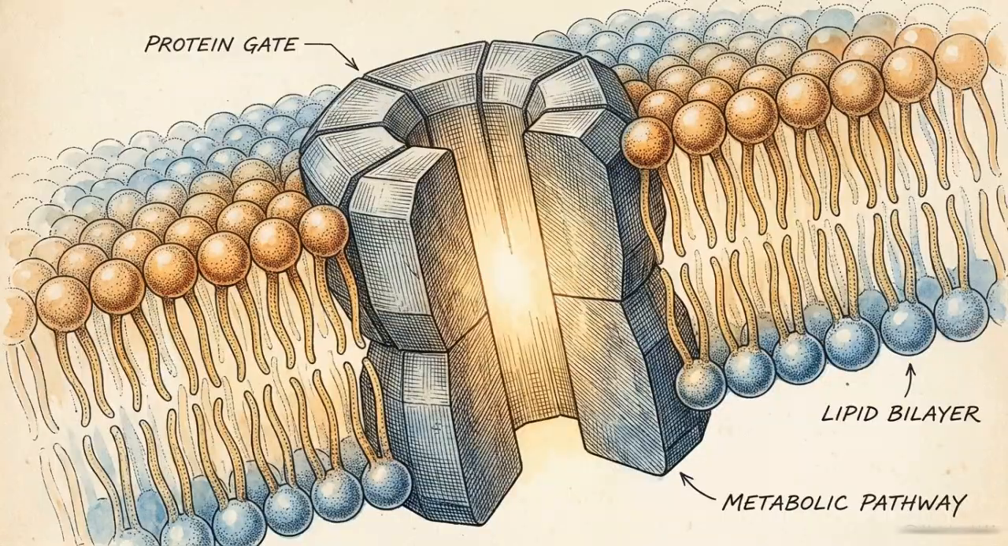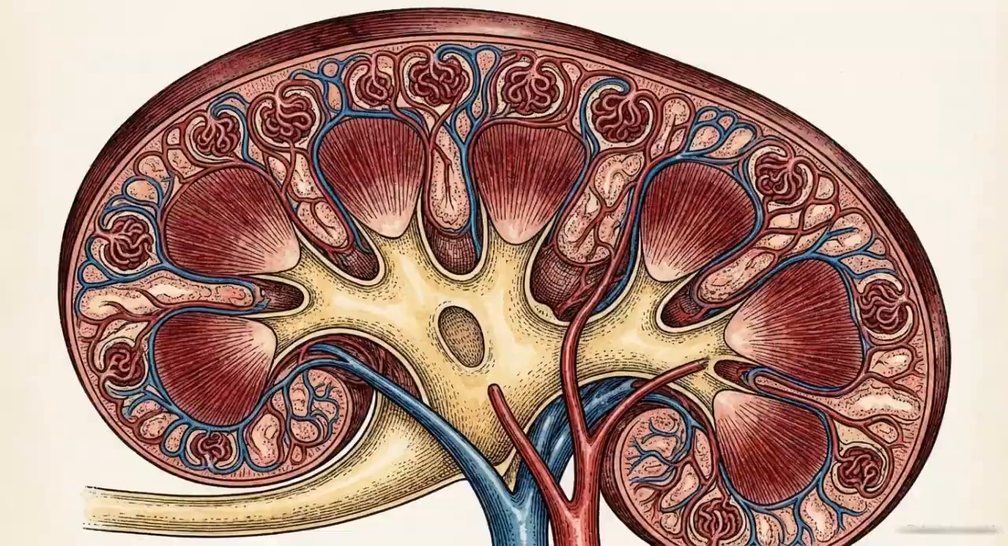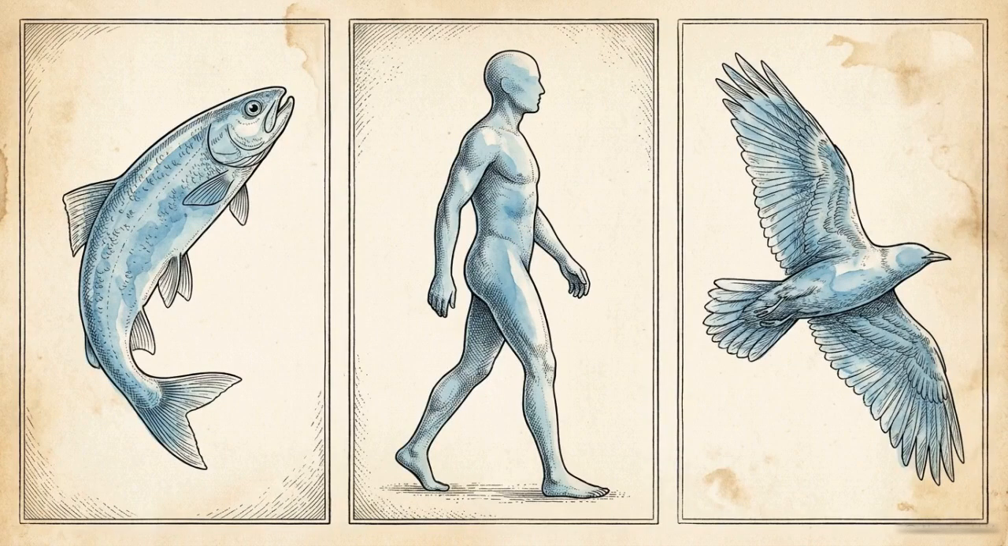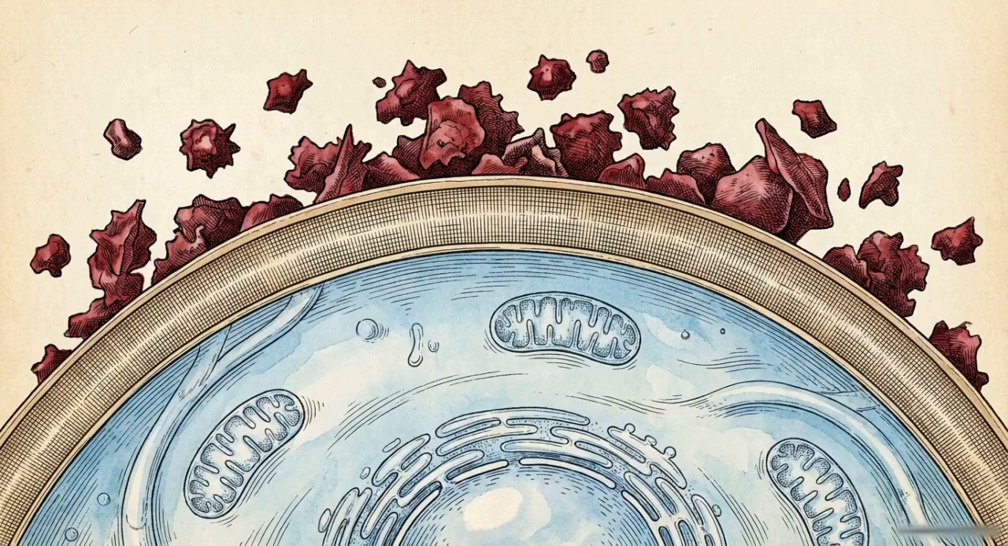From the microscopic gates embedded in a single cell, to the managed pressure in the kidney, to the diverse strategies of separate species, survival relies entirely on the functional